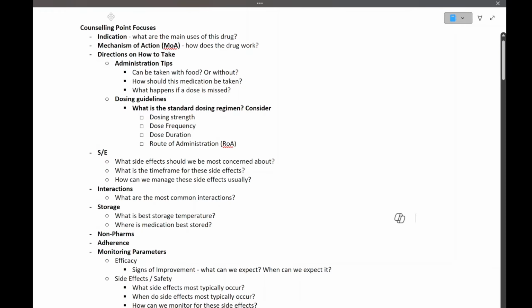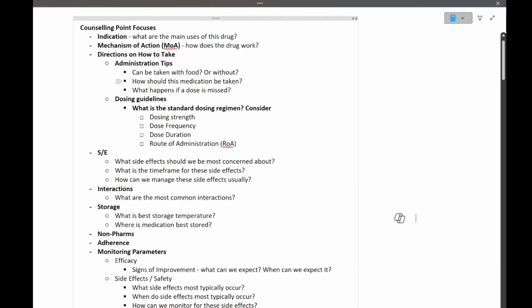This includes going through the indication of the medication, like what are the main uses of this drug, the mechanism of action, such as specifically pertaining to how the drug works, the directions on how to take the medication, including administration tips, such as deciding whether the medication can be taken with food or without,